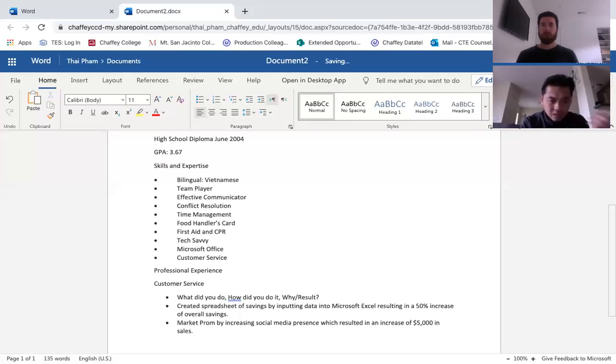Other themes that you can think of, it just depends on what it is that you want. Again, try to keep it tied to what you're going to be applying to. So the company could say, wow, if they increased prom sales by $5,000 and we're a mom and pop bicycle shop, maybe they could do the same thing so people buy our bicycles or whatever it might be. So the company can actually envision you doing something similar for their business, which is going to make you more valuable, which means they're going to want to hire you for that skill.